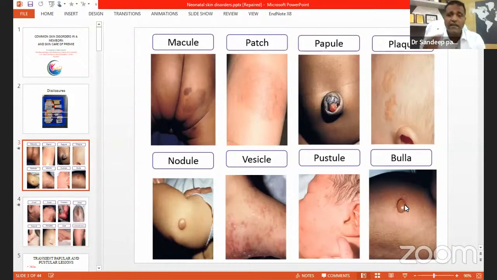And in the next slide, I'm going to show 8 more pictures, and the whole of the neonatal skin disorders rotate around these 16 slides only. Okay, so in future,